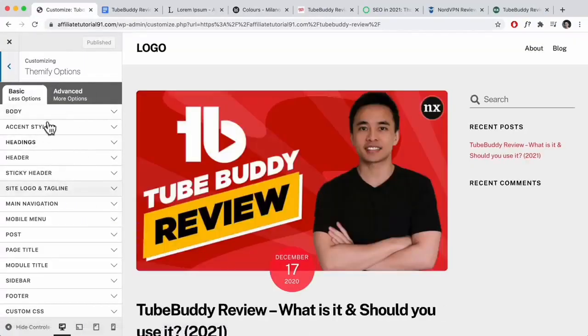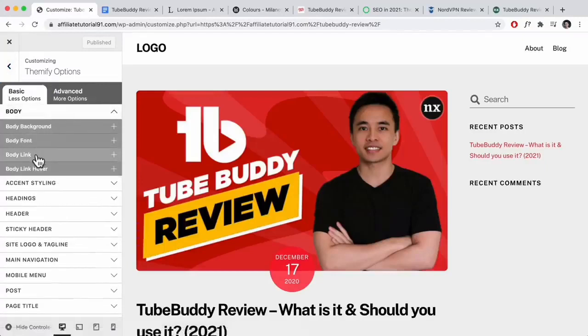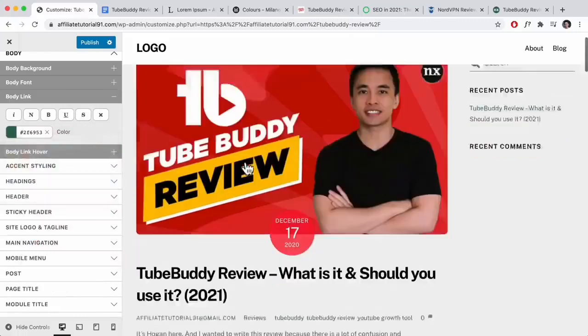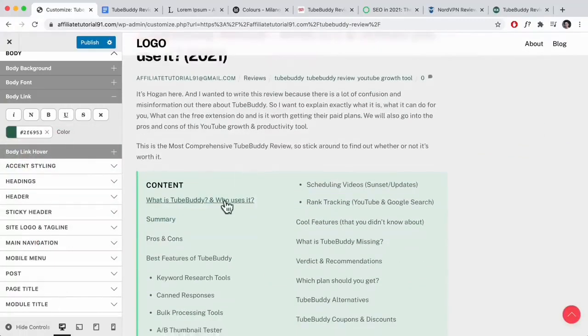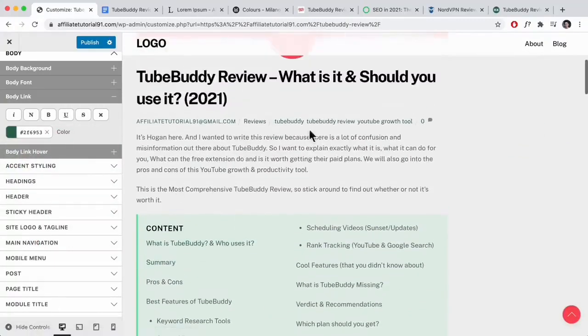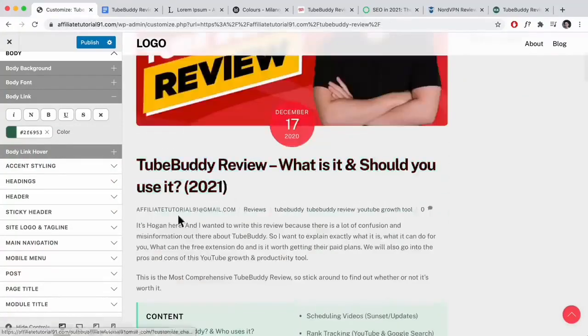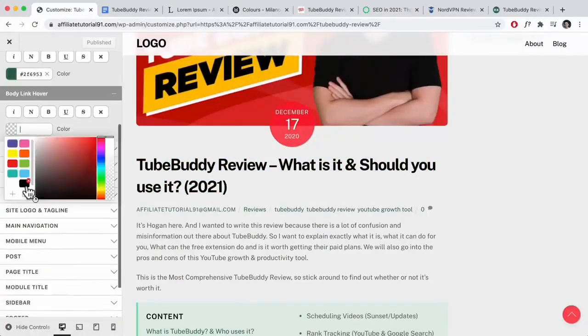So let's go to body and body link. Let's paste in the color like that. As you can see, that color is really, really nice. Everything blends in really well with my color scheme. So that is that. Then we can click on publish, and then for the link hover, what we can do